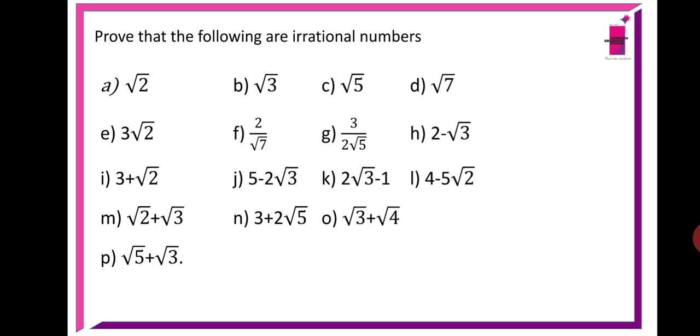Similarly, you can practice with this. Already root 2 we did, root 3, root 5, root 7, 3 plus root 2, 2 by root 7, so many things. Now root 3, simply what we did in root 2, wherever 2 you can keep 3 and wherever it is 4 you can keep 9. Remaining everything will be same. For 5 also, in place of 2 you can keep 5, in place of 4 you can keep 25. For 7 also, in place of 2 you can keep 7, in place of 4 you can keep 49. Remaining everything will be same. And all these you can do.